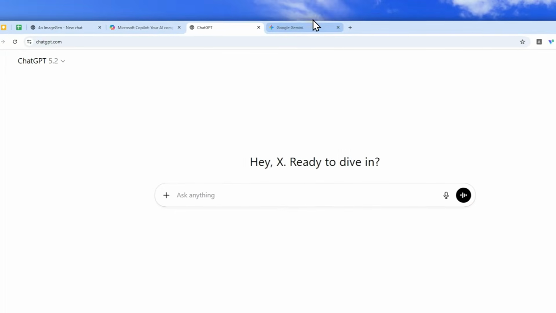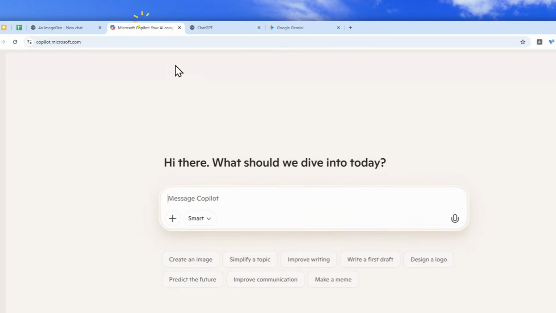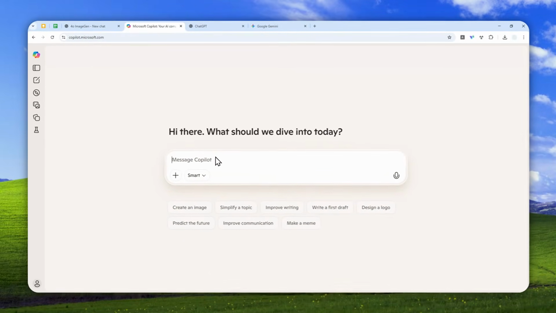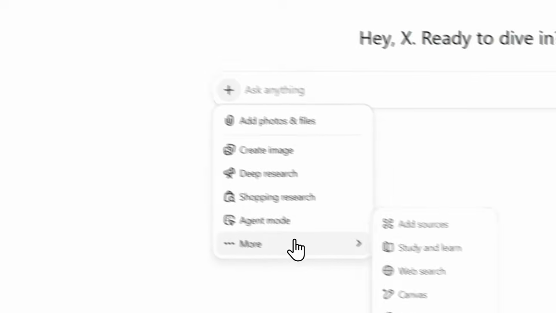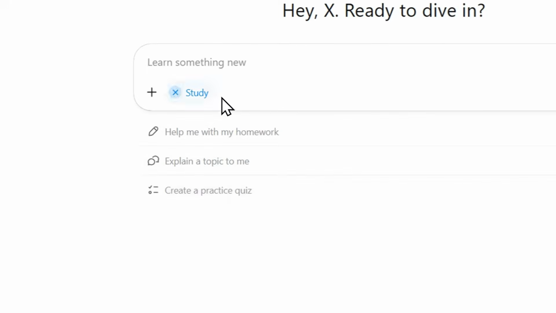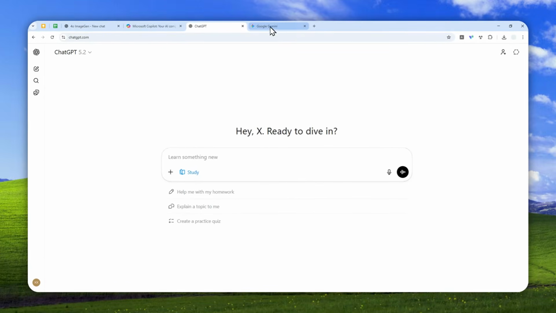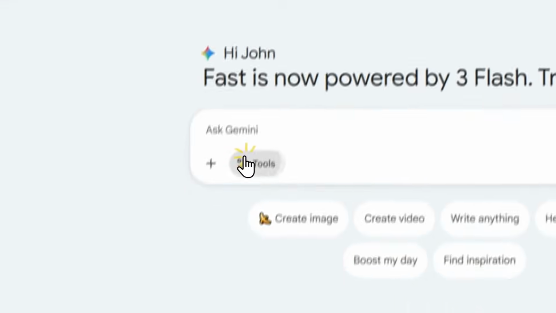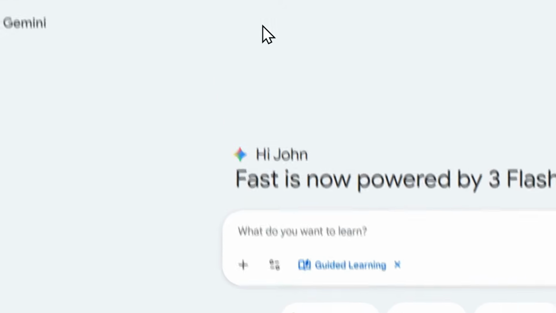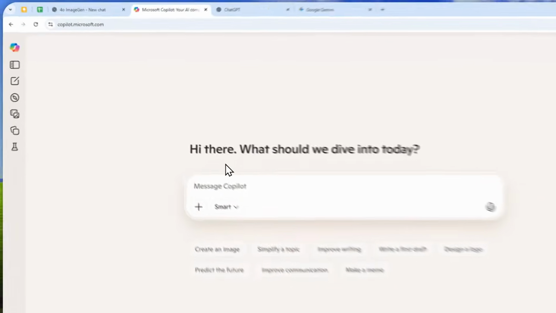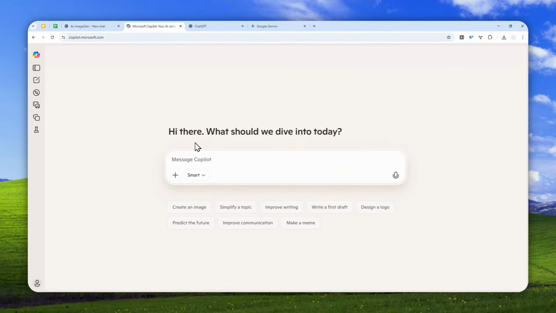Well, just like in ChatGPT and Gemini, you can also use something called study mode in Copilot. But this one is a bit more interesting. In ChatGPT, when you're using the study and learn mode, you can expect a text-based answer from AI. The same is true if you're enabling the guided learning feature in Gemini. Now, I think these tools are great, but there is one thing that makes Copilot a bit more interesting because